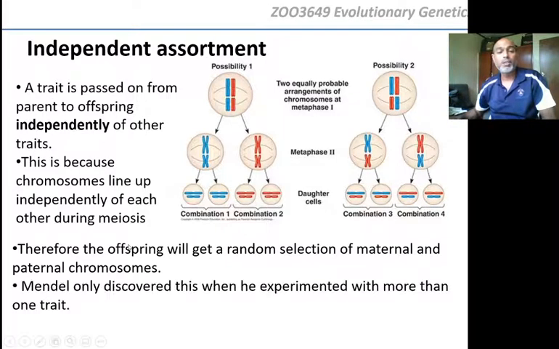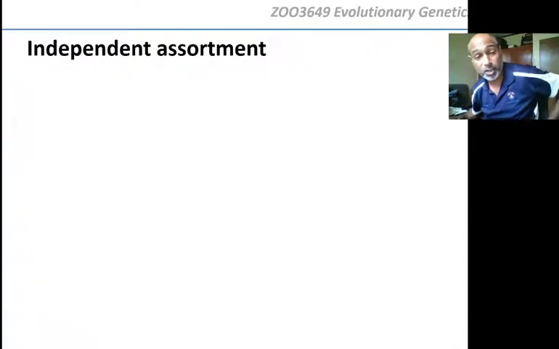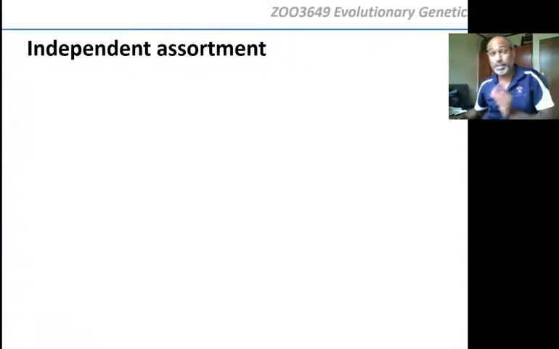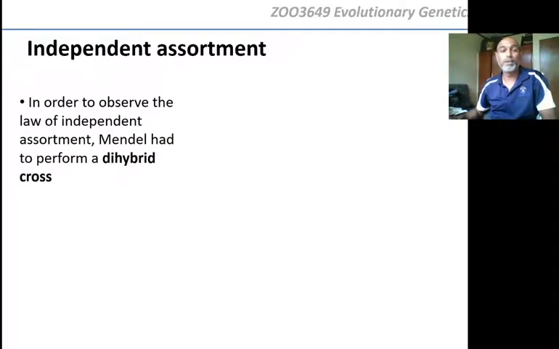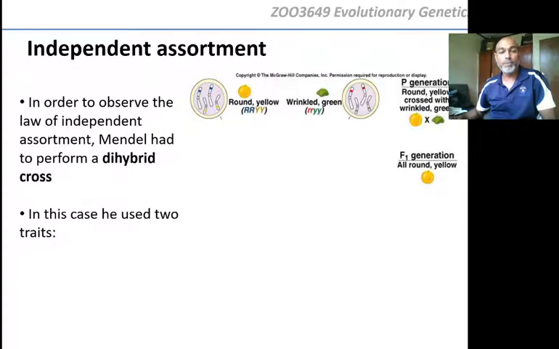All right. So Mendel only discovered this, yes, when he was looking at more than one trait, and he was lucky that both traits were on different chromosomes. Because if they were on the same chromosome, he might not have figured it out. Okay. So in order to observe the law of independent assortment, he had to perform a dihybrid cross using 2